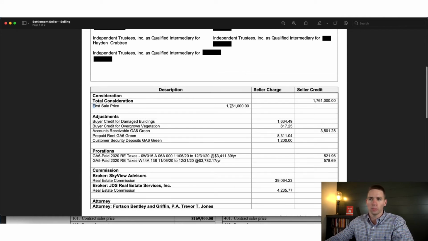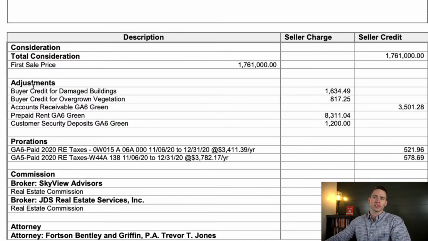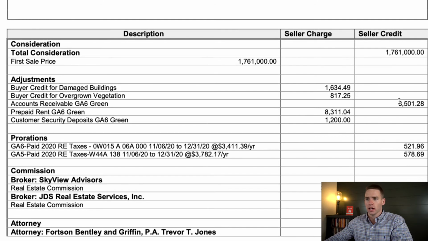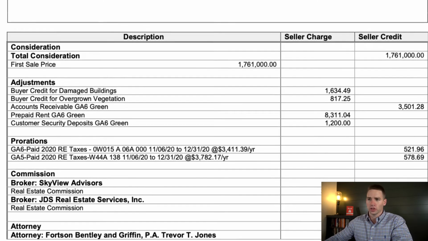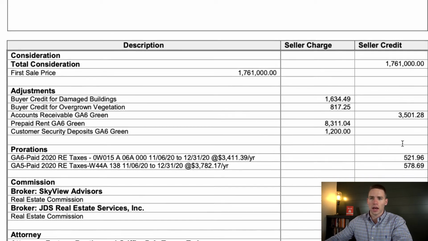First, sale price, $1.761 million. I had to do some credits here to the buyers, and so I had to pay them. There was some damage on the buildings, and they wanted some trees cut back. These are charges over here. These are charges. This is the amount that I'm going to have to pay, and this is the amount that's coming back